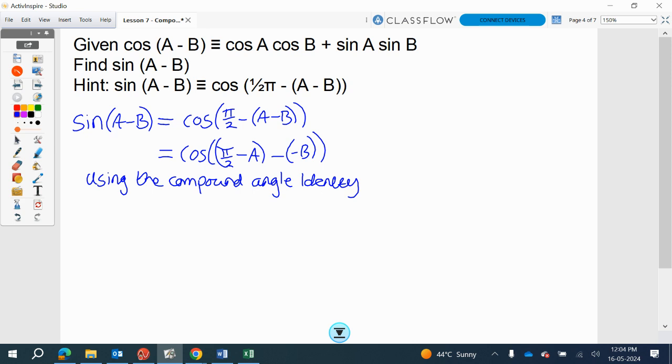Why did you do pi over 2 minus A and then you separated the minus B? Like, what is the reason why you did that? Because I need an identity, I can see it here. So let me show you. We're starting with a compound angle identity, but we want to be ending with simple angle identities, geometric expressions. And if I use this as one of my angles, it's going to stay compound the whole time. So I'm doing this so I can hopefully get rid of compound angle